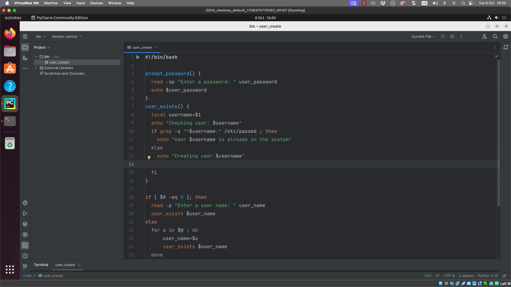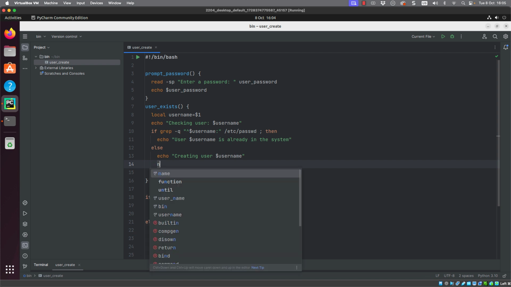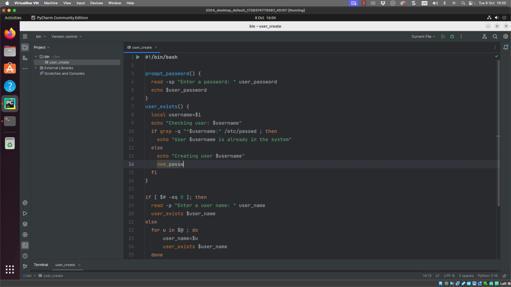Now we can move down to our user exists, and we can set our password, or at least prompt for the password. And we can populate that with another variable.